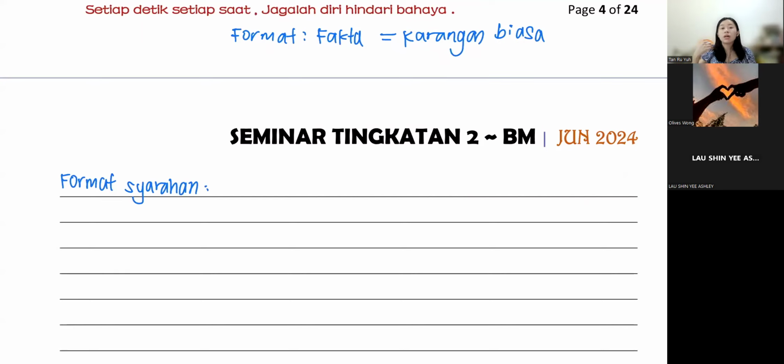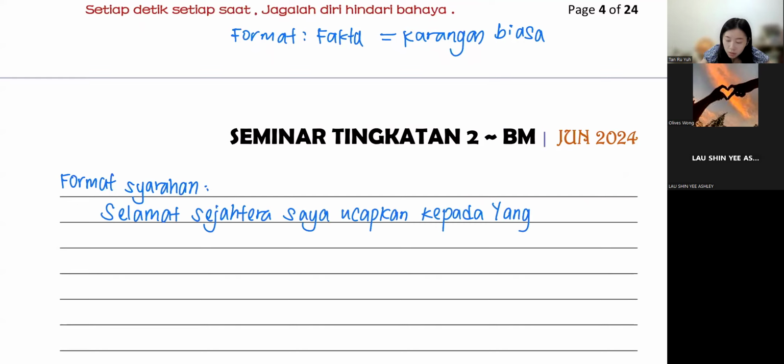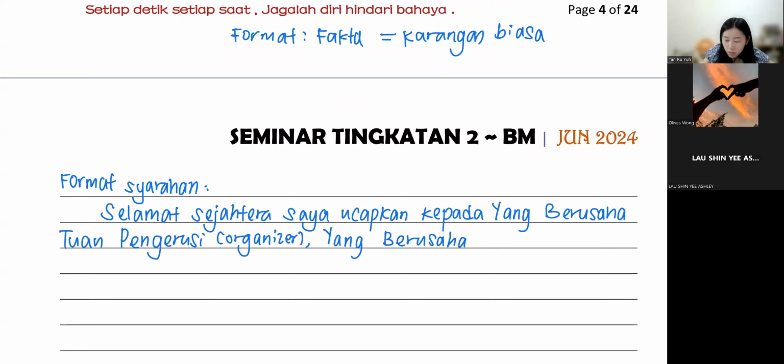The first thing you need to do, because it's a speech, is bridge to the audience. So you need to write: Selamat sejahtera. Saya ucapkan, which is to say greetings to everyone. The first one you need to greet is the organizer. Kepada yang berusaha, Tuan Pengerusi, which is the organizer. Yang berusaha, Tuan Pengetua, which is the principal, because you are giving a speech, so you need to greet the principal as well. And then because this is a pertandingan,